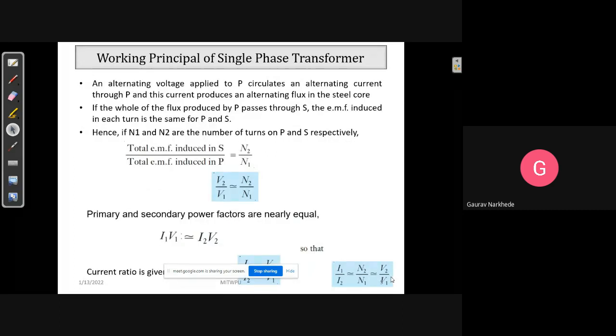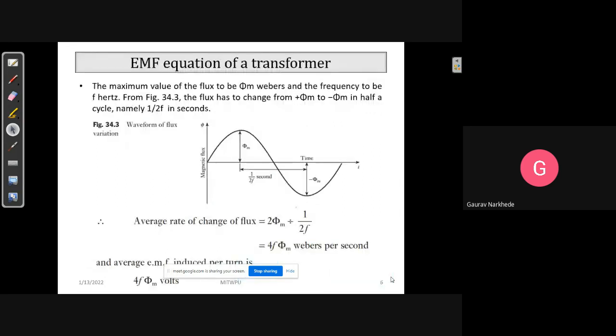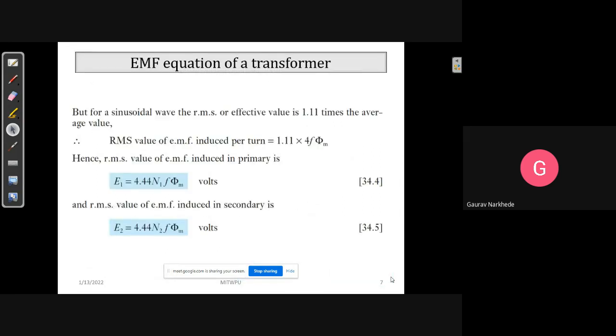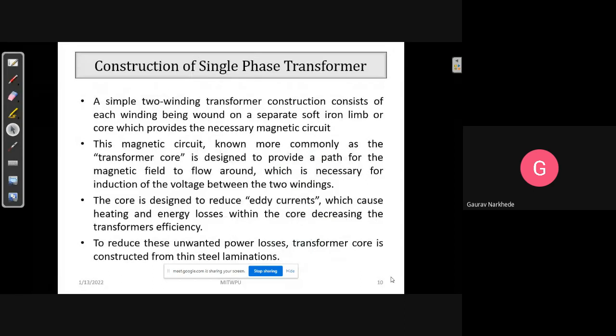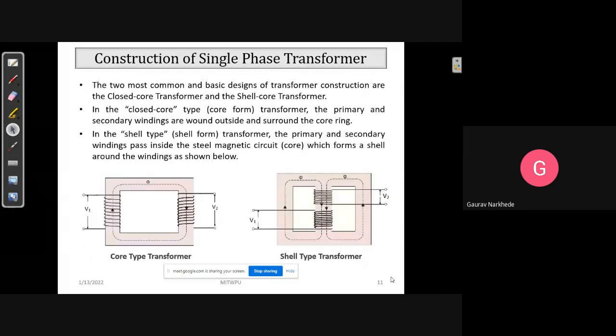So after that we have seen the transformer ratio V1 by V2 is equal to N1 by N2 is equal to I2 by I1, right? And then we have seen the transformer equation, how the induced EMF is generated and what is the formula. So the formula for that induced EMF is 4.44 into N into f into phi m. Okay, and then we have seen a couple of problems, and after that we went on to what types of transformers